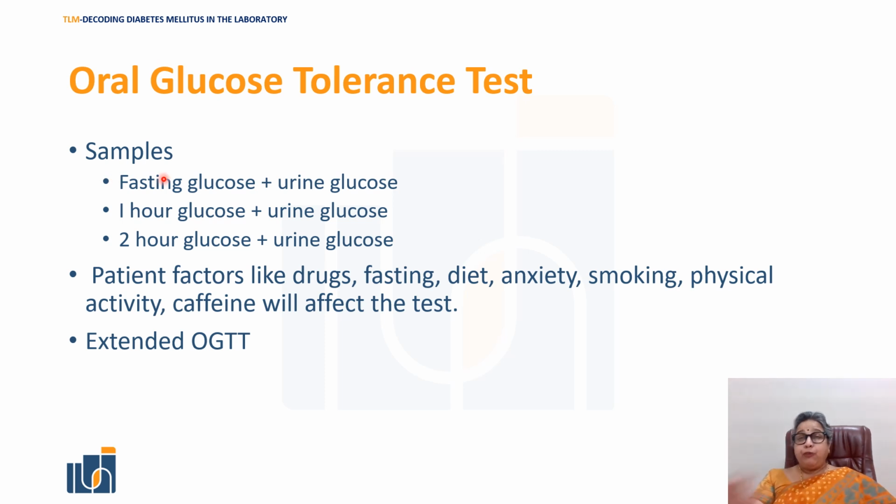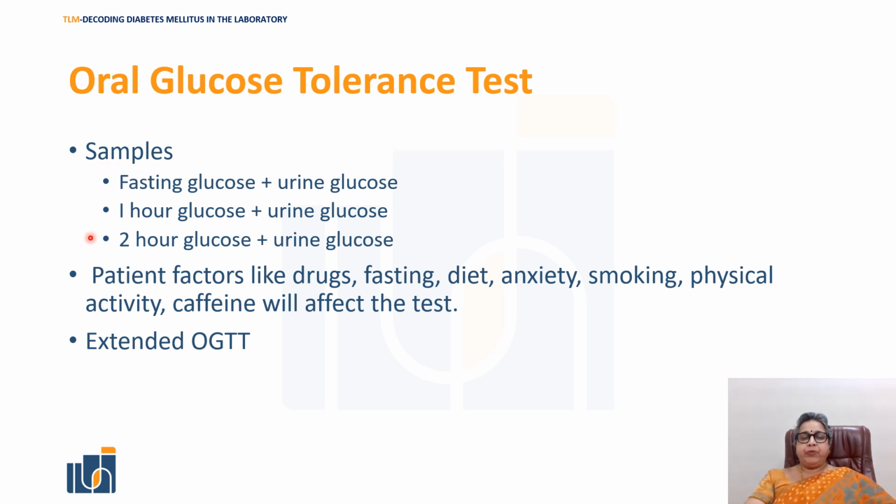Before you give the glucose to the patient, you take one fasting sample, one venous sample and a urine glucose sample. Then you give the glucose to the patient, ask the patient to come back after an hour and repeat the same samples. Ask the patient to come back after 2 hours and repeat the same samples. Now, drugs, fasting, diet, anxiety, smoking, physical activity, caffeine, all this can affect the test. Therefore, you have to advise your patient suitably. Now, this is the usual recommended